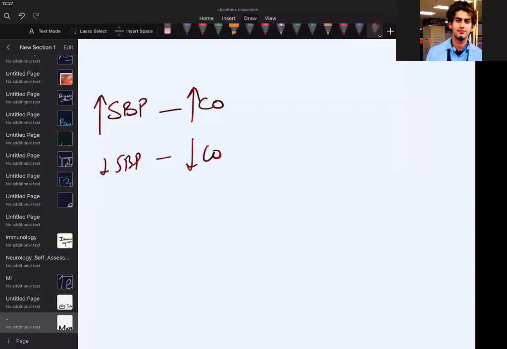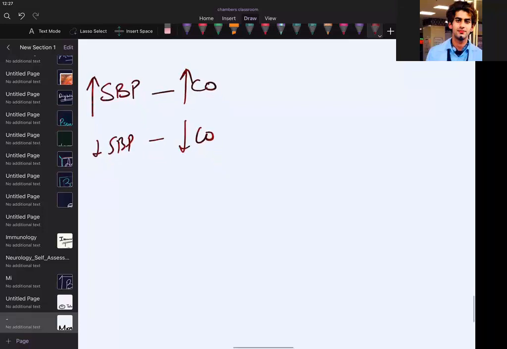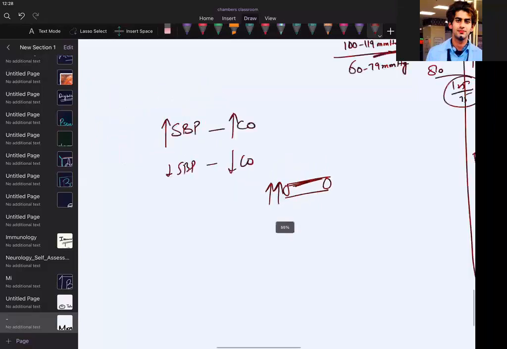But the problem is that the effect of all these things in turn depends on the resistance of your vessels. If your arteries are stiff, systolic blood pressure will increase, because the heart is not able to accommodate that cardiac output. Okay, so if I talk about the DBP,